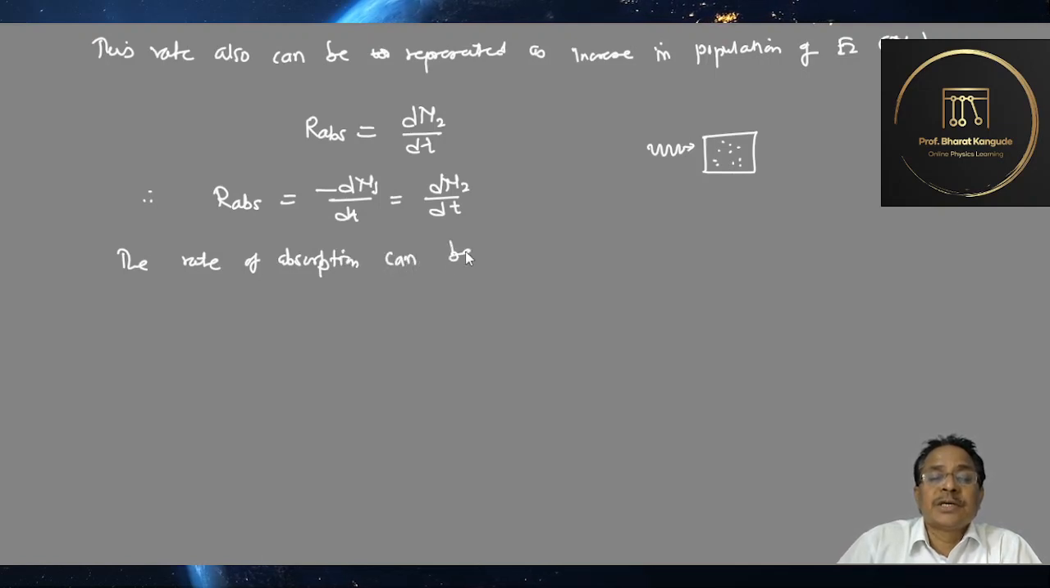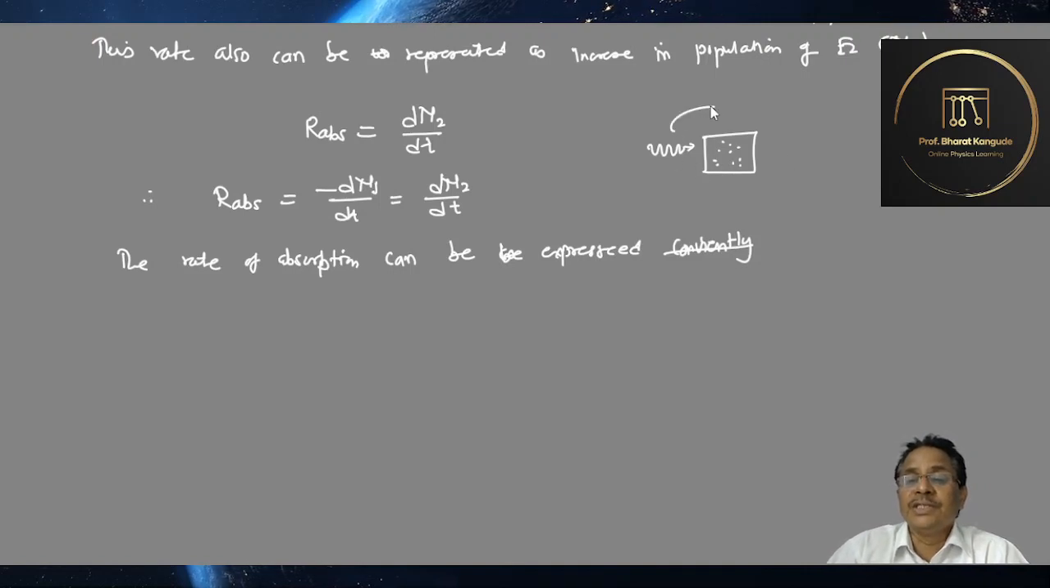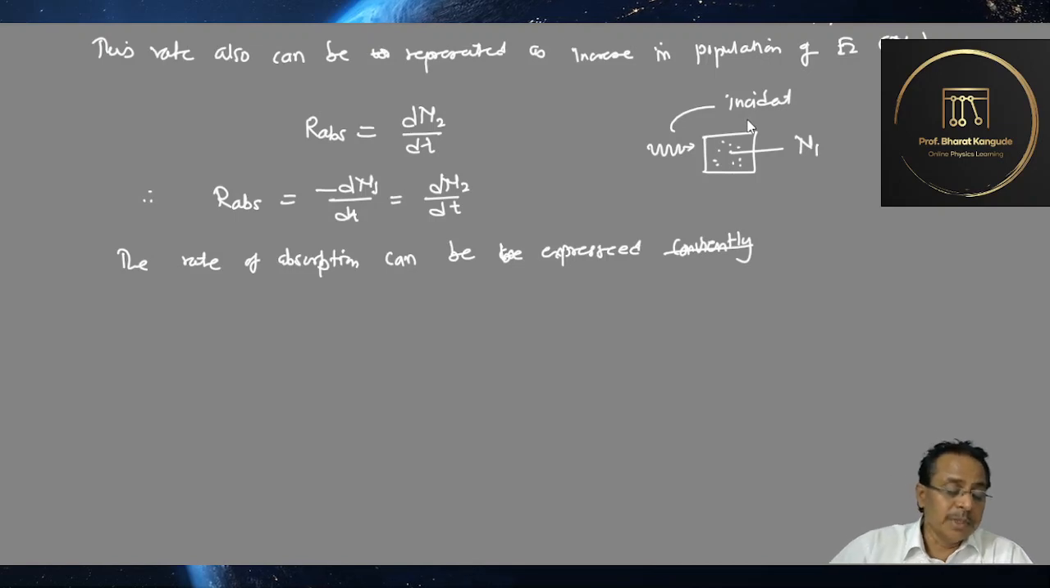can be expressed conveniently. Why conveniently? Because we are taking both the factors, the incident photon density, that is the incident photons, as well as the population N1 too. So it depends upon N1 as well as upon the intensity, or the number, of incident photons, and therefore another very good relation for this R absorption can be written as,